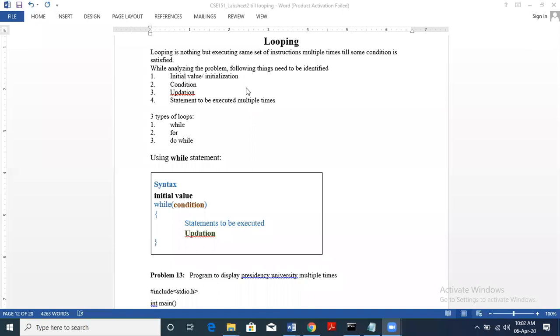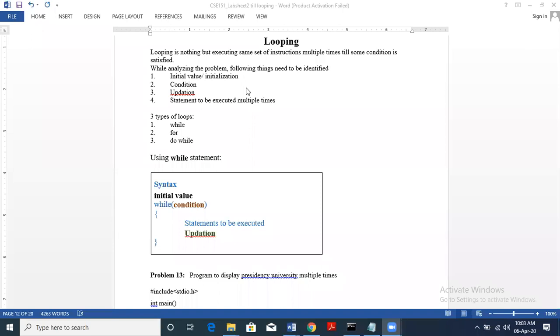This continues till a particular condition is satisfied, because we need to specify a condition, otherwise the loop becomes infinite. For example, we say print 100 times, so we will be printing 100 times only, so it does not continue forever. So while seeing this type of problem, we have specific conditions.